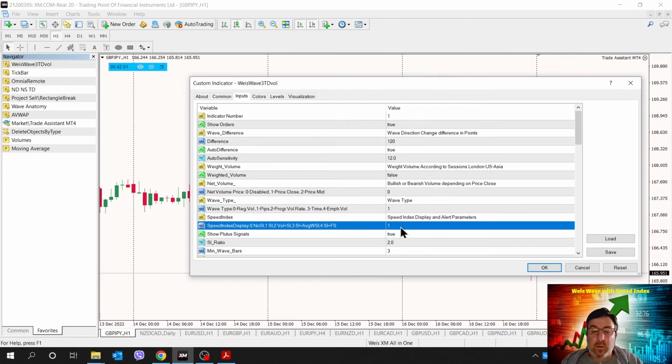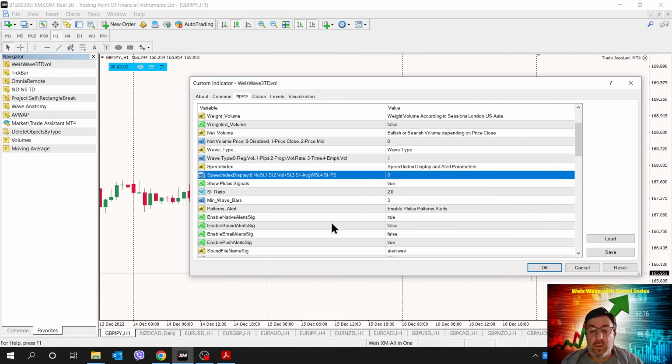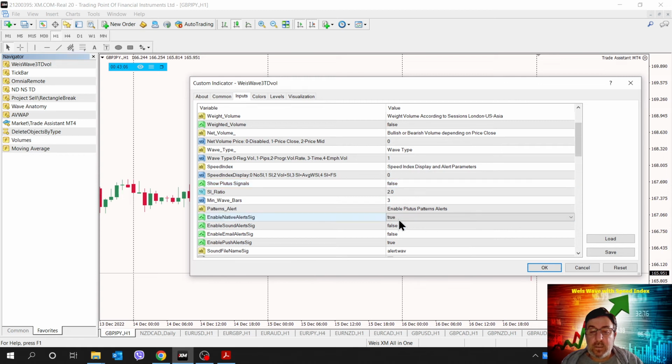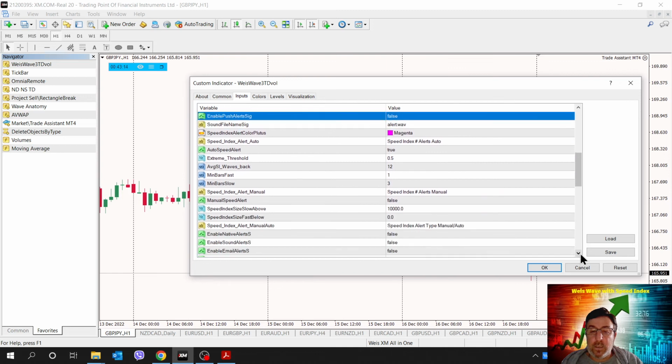On the speed index, I don't want to display anything because all the displays and all the alerts will be set up on wave type volume. Okay, so Bluetooth signals, I don't want to see anything. No alerts. Okay.